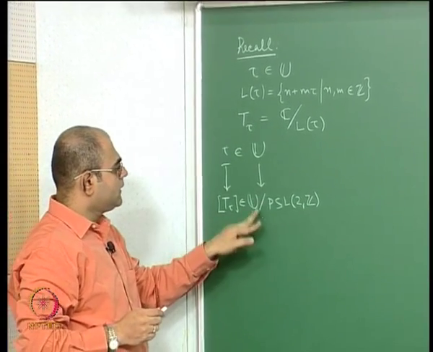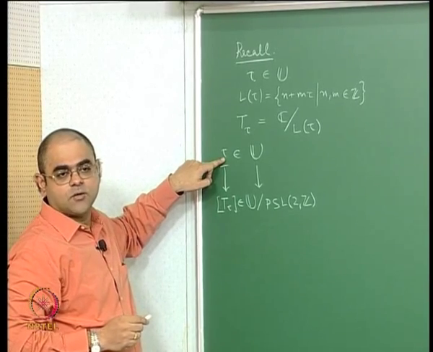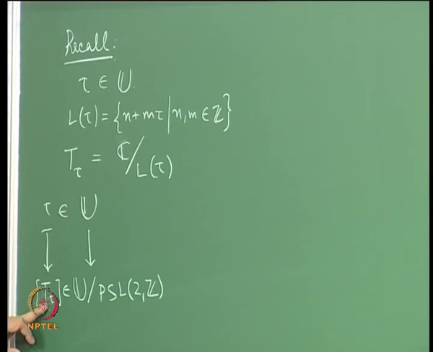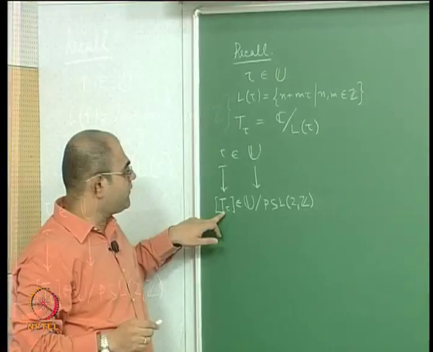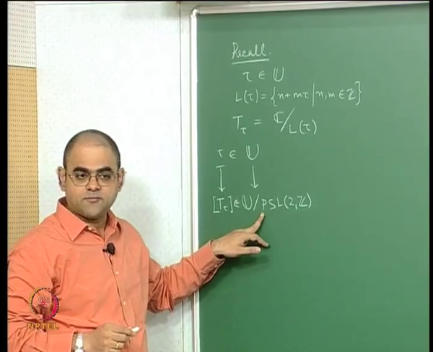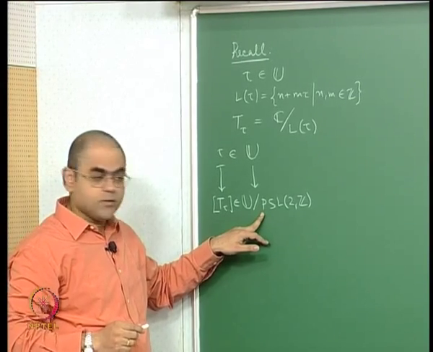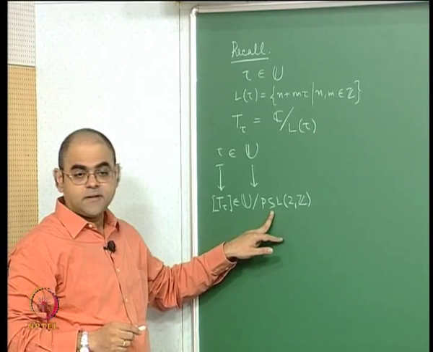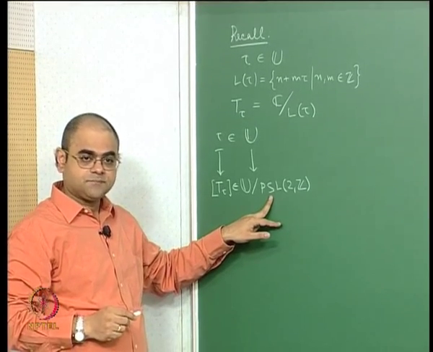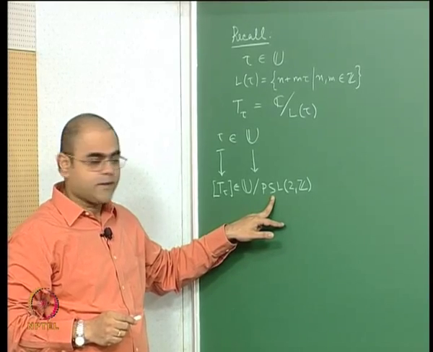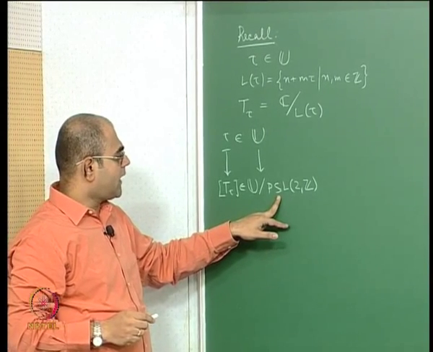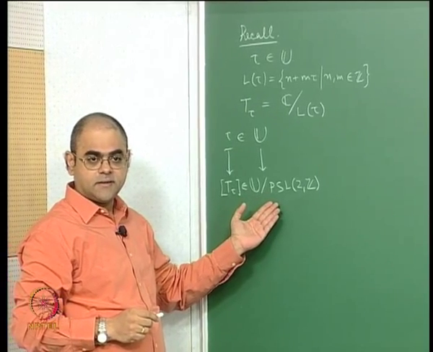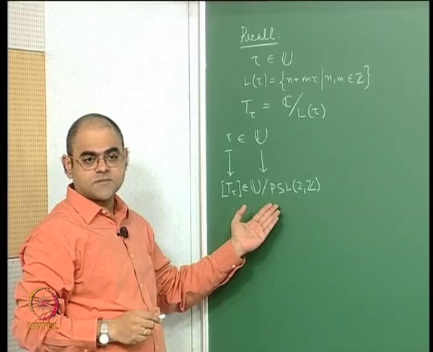If you recall, two elements tau 1 and tau 2 in the upper half plane will define holomorphically isomorphic tori if and only if tau 1 and tau 2 differ by an element of PSL2Z, the unimodular group. These are Mobius transformations which, when written in matrix form, have integer entries and determinant 1, and of course this is a subgroup of PSL2R, which is the full group of automorphisms of the upper half plane,